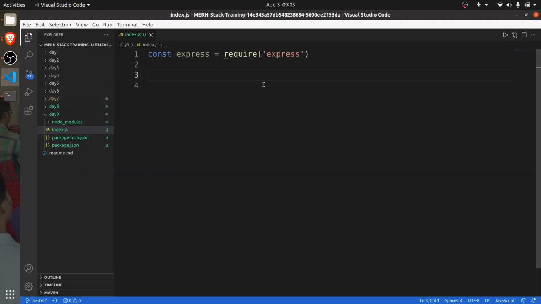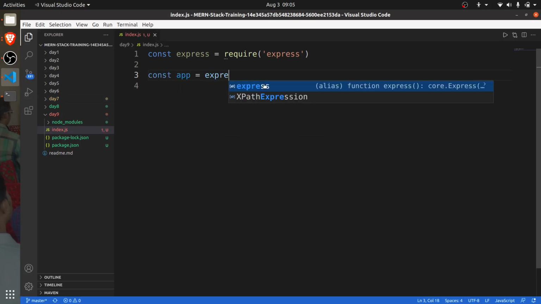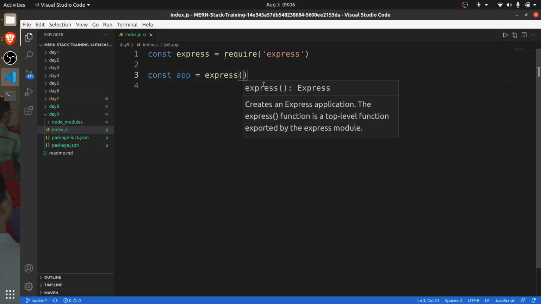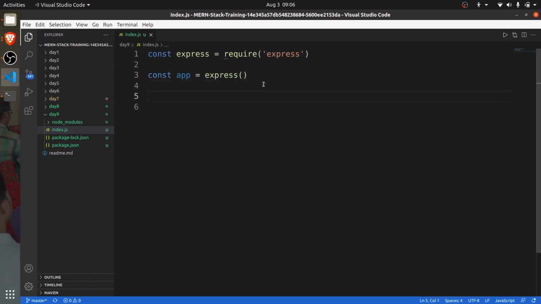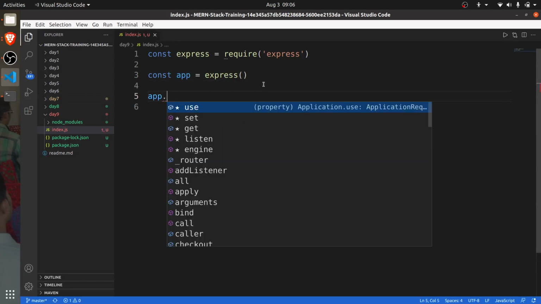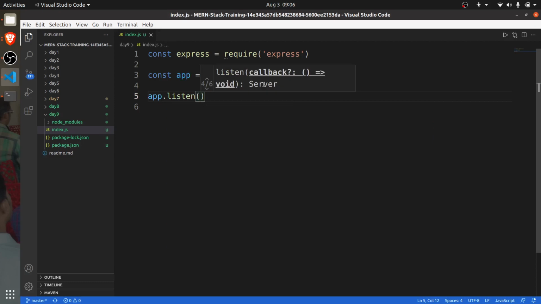Now, const app is equal to Express. Now app.listen on port 3000. Generally people use port 3000, but it's not absolutely mandatory that you use only this.